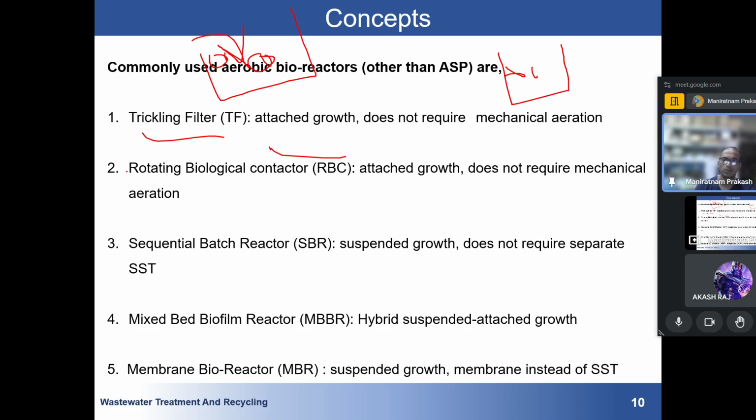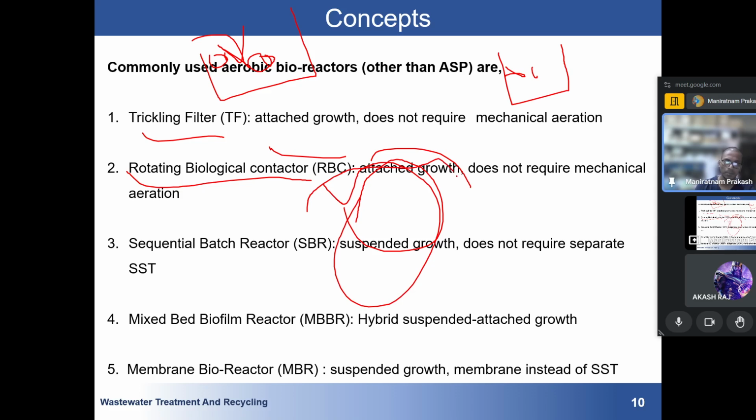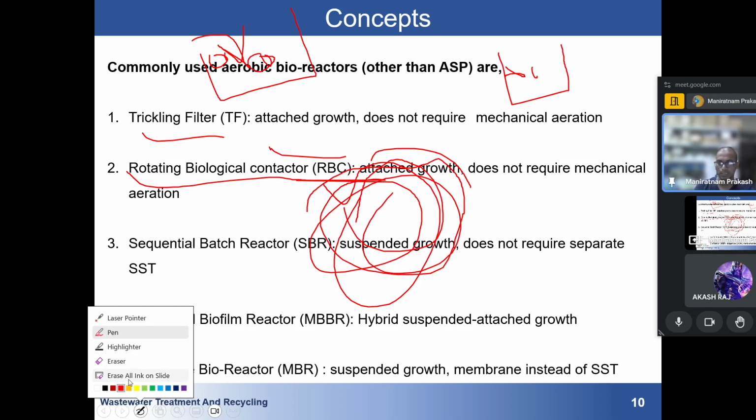We have the rotating biological contactor. Here also we have the same thing. There will be a huge biological unit, and microbes will be attached to this rotor, and as soon as the organic matter comes in contact with this rotor, the microbes will start decomposing the organic matter. Okay now,